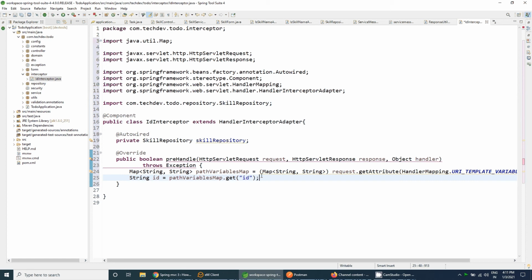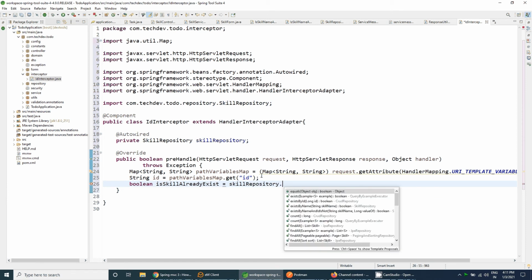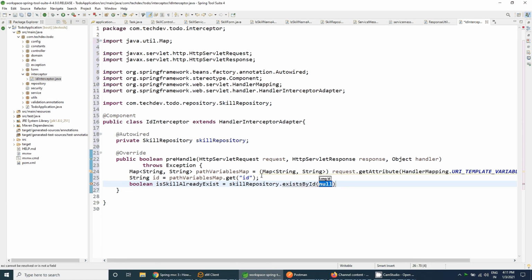After that, we need to validate whether a skill already exists with this ID or not. So for that we check whether the skill already exists: skillRepository.existsById, and the ID will be Long.valueOf of id.